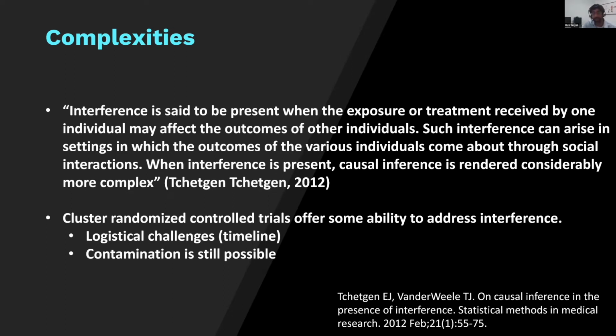But as probably many are familiar with, cluster randomized trials have some challenges, for example, logistical challenges in timeline. And looking at this, for example, the pandemic, things may have to move faster than that. And then as well, contamination or these interactions can bleed through or spill over across your randomized units. So whether you're randomizing by schools or communities or other kinds of units, you can still have interactions that span